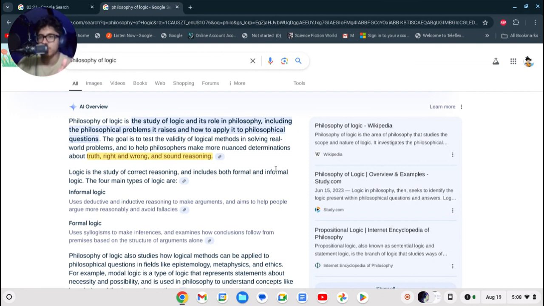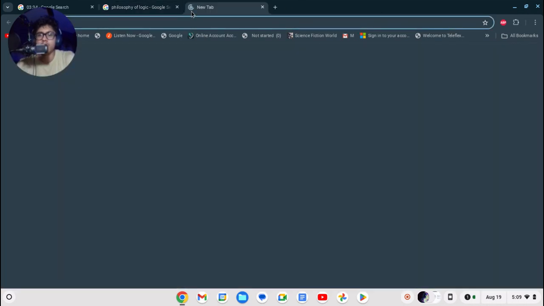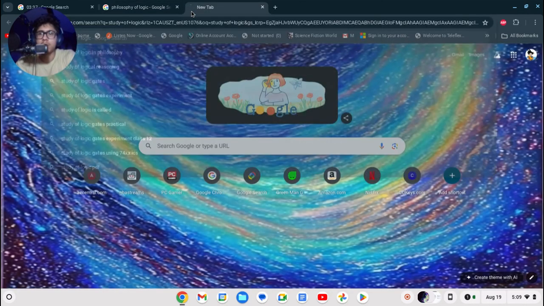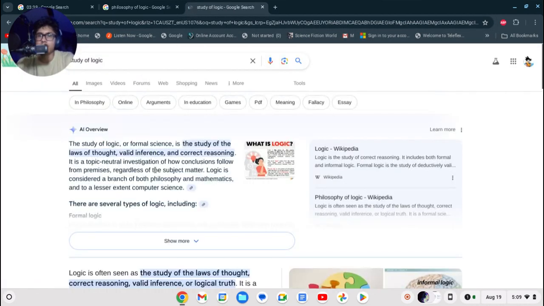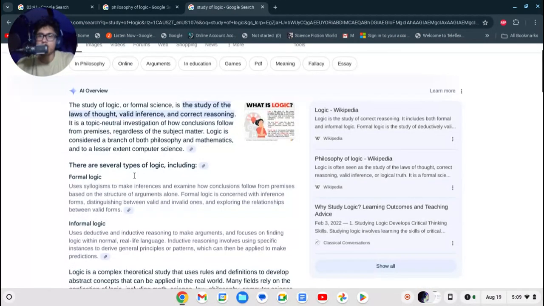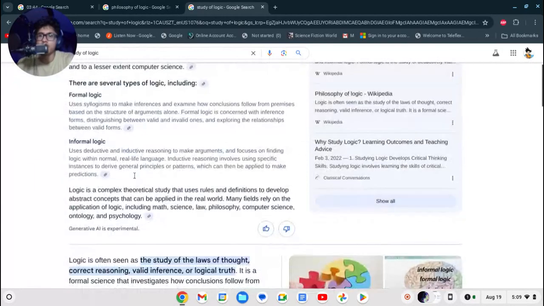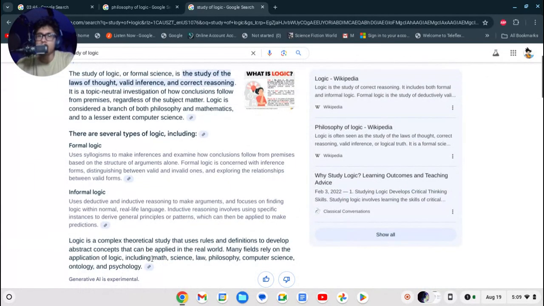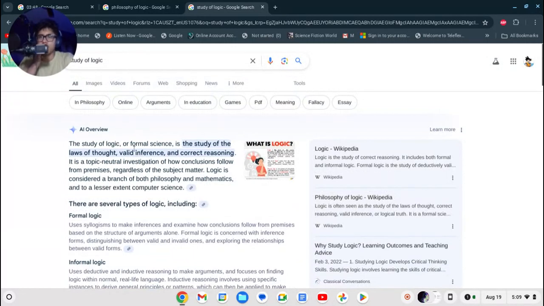But then the logic part of it kind of says, okay, maybe it's not as much of a different thing. But I'll go into study of it as well. Well, actually, let's just do that right now. Study. Maybe that will actually help a little bit more. This might be more of what I'm thinking about. This still kind of goes to philosophy as well. Okay, so this is probably the one I really want to do more in, because I already do know a lot about philosophy. We'll go back and forth real quick.